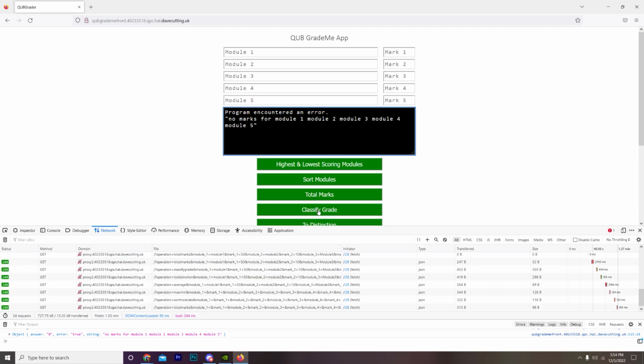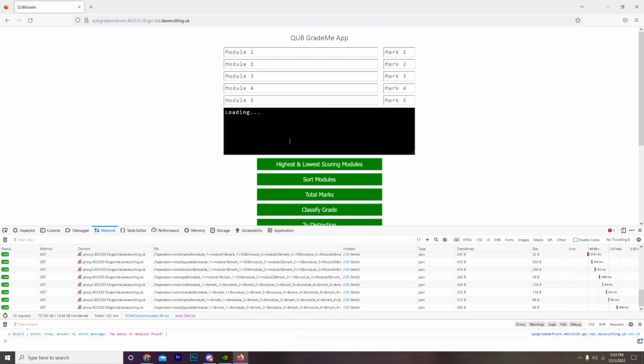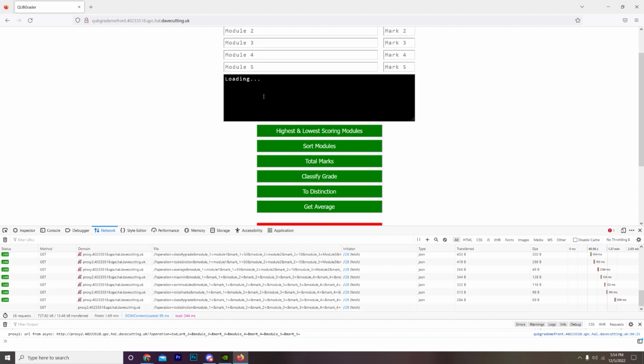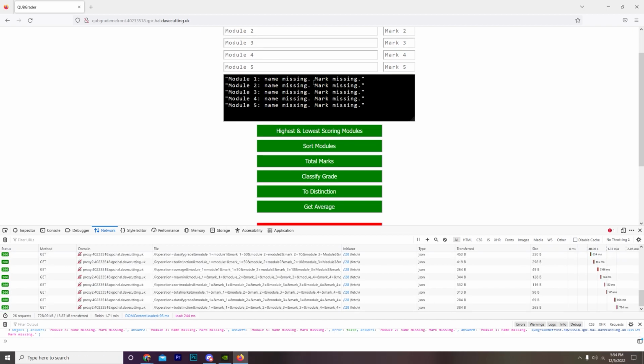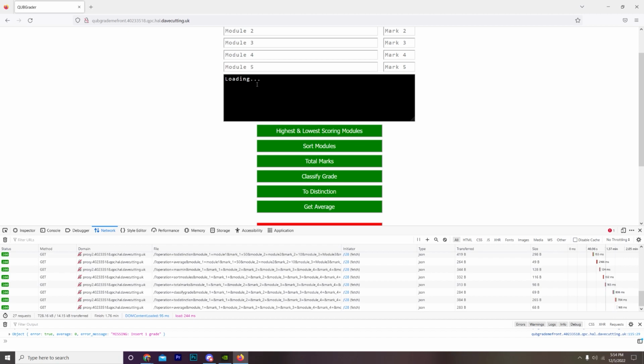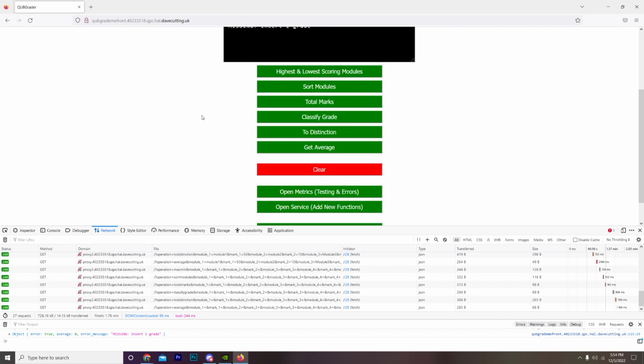Then we can classify grade. No marks or modules found. To distinction, name missing, mark missing, and then get average missing as well, at least one grade. Now we will actually